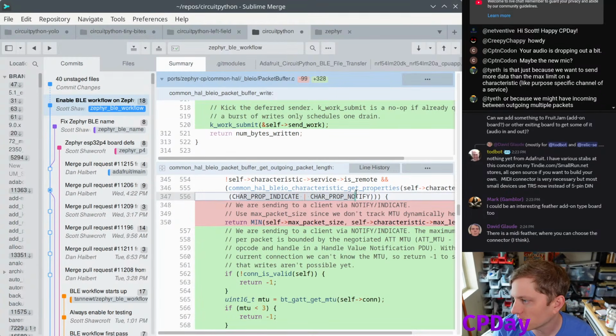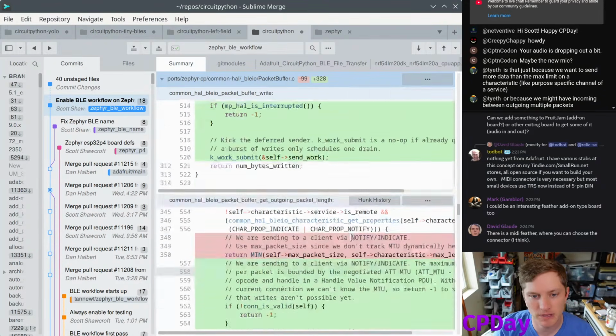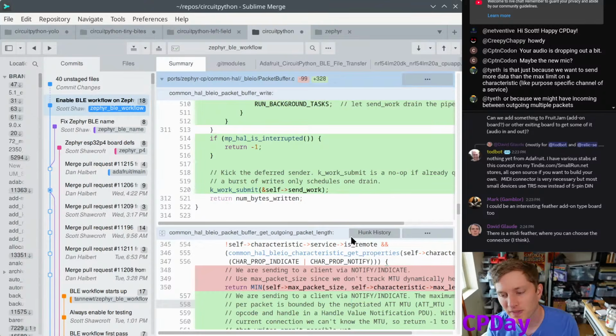You can see a property. This characteristic can indicate and notify. And then they take those primitives of, I just have this value, and they kind of munge it up more. There's some complexity about reading a value that's more than the BLE fundamental packet size, which is complicated and